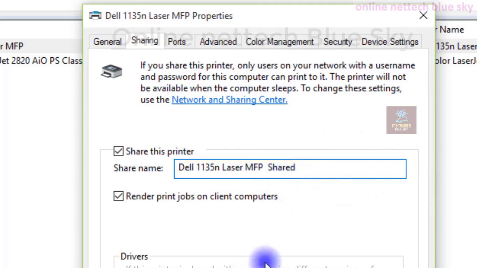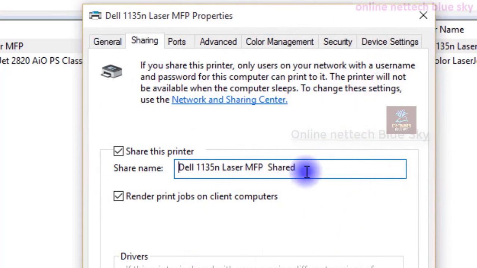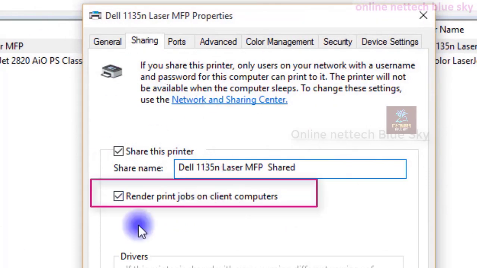So you can see the MFP share system, and this is the shared printer's computer name here. So you share your printer in your company and your network. This sharing name shows the identity of your printer sharing system here. So you can identify it from your network, for example, the accounts department, purchase department, anything.